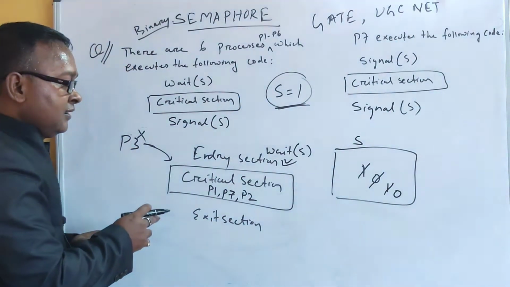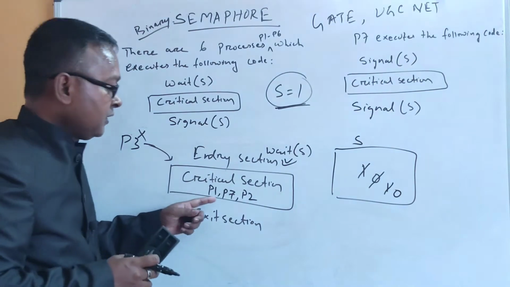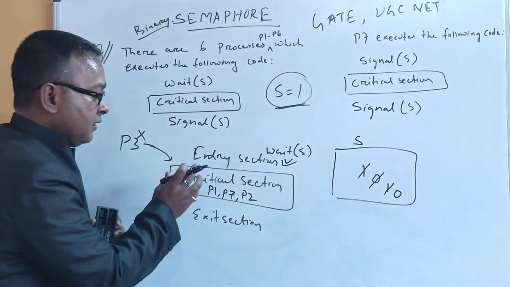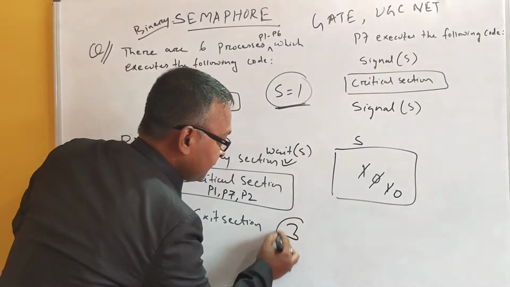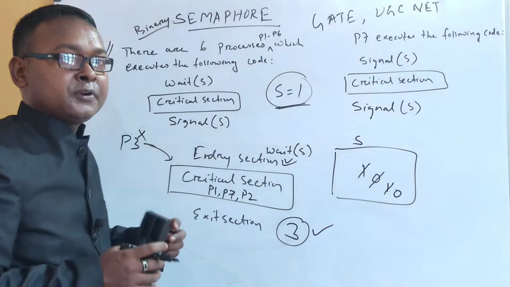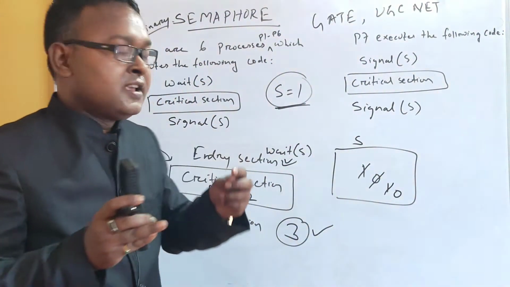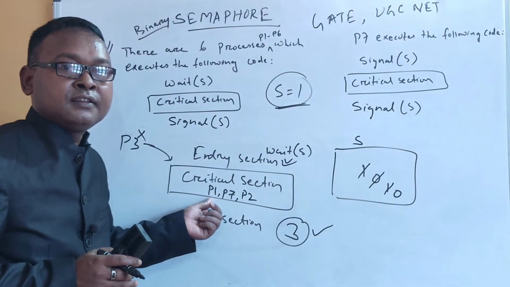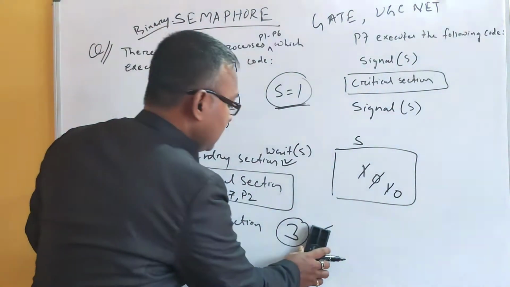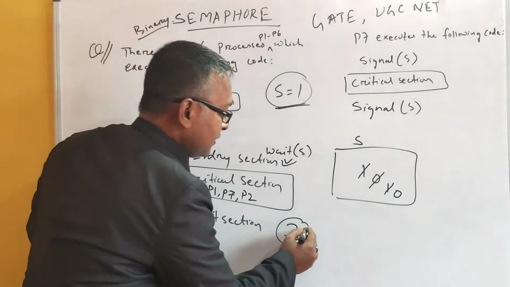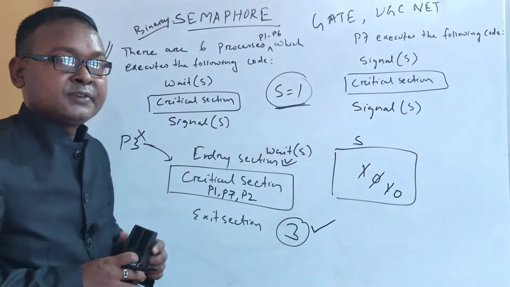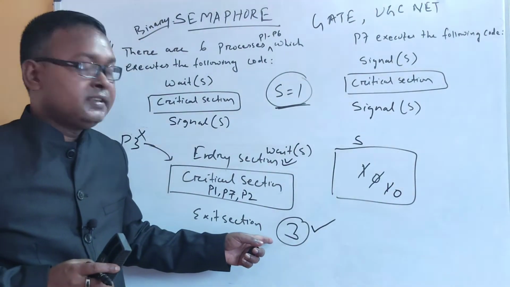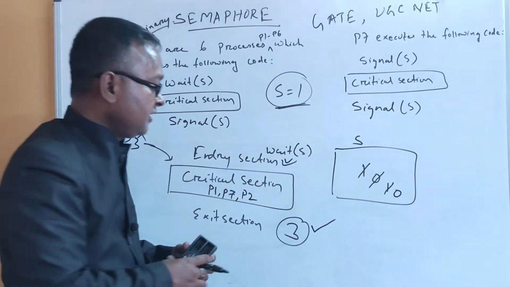So what will be your answer? Do you think the maximum number of processes that can be inside at a single point of time is 3 processes? Your answer is 3. According to your question, what is the maximum number of processes that can enter into the critical section at a given point of time? Your answer will be 3. Most of you may get confused and put 3 as your answer in your GATE examination. You will tick the 3, but 3 is not the correct answer. It is wrong.